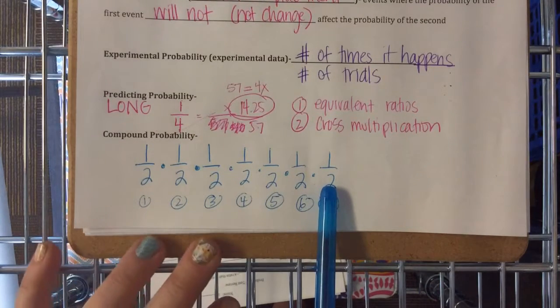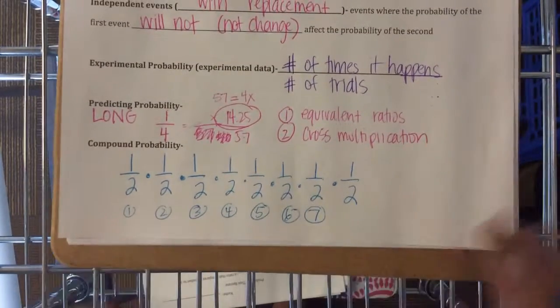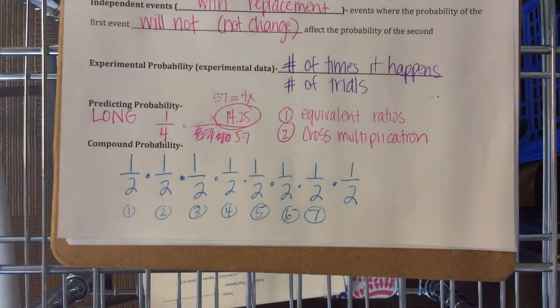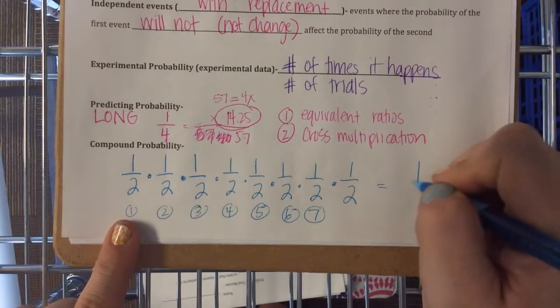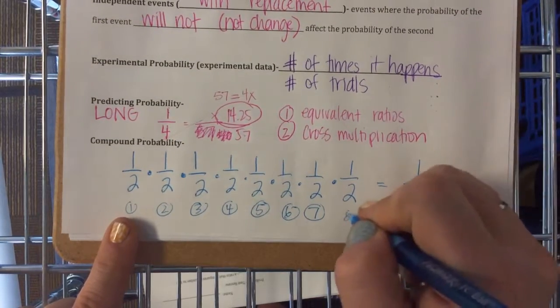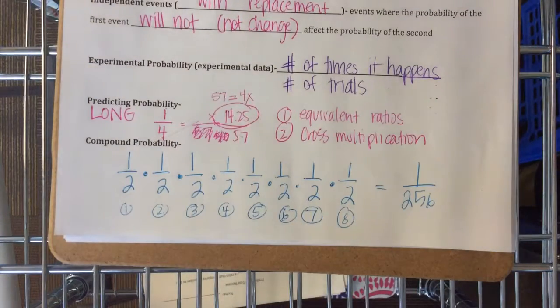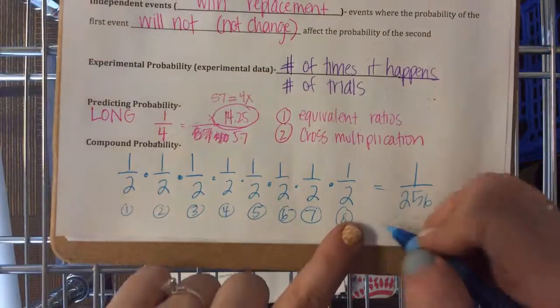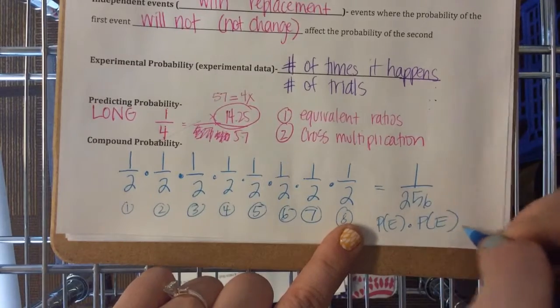What did the winner get? So they had to go an 8th time. So it went from being right 1 out of 128 to being right 1 out of 256 times. And if they both would have been right that time, it would have doubled again. Compound probability is the probability of an event times the probability of an event,